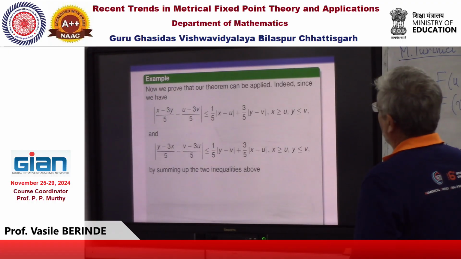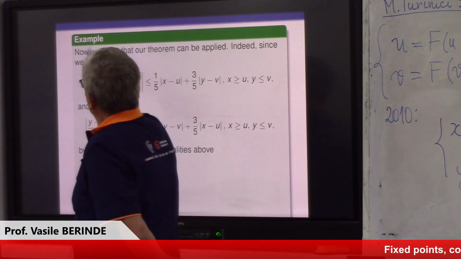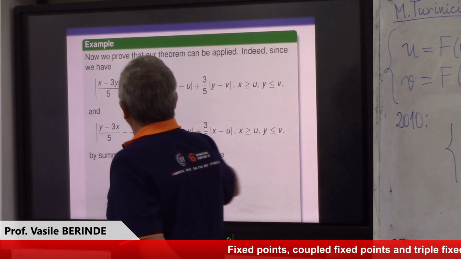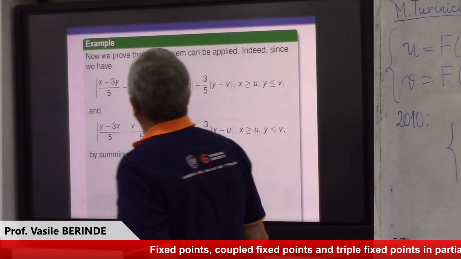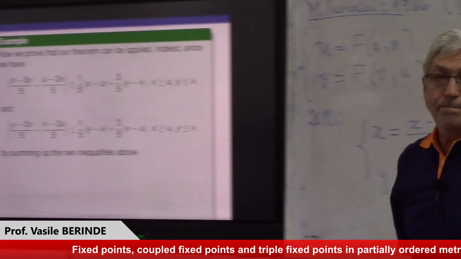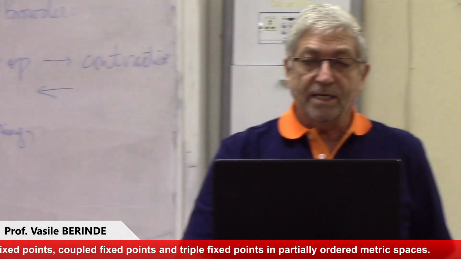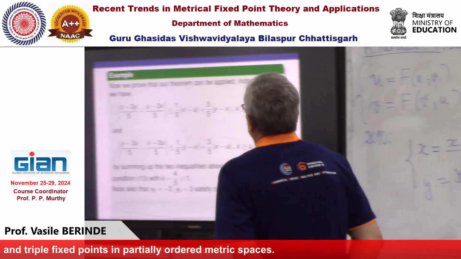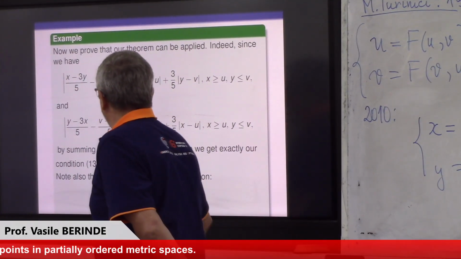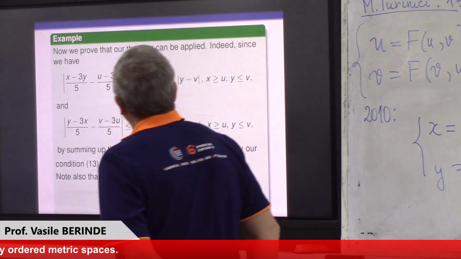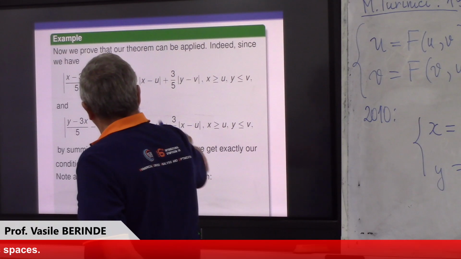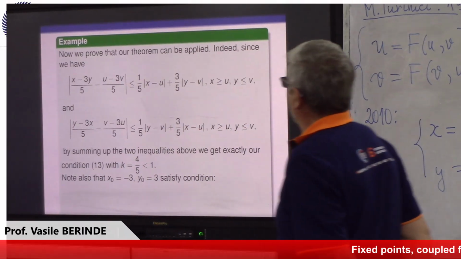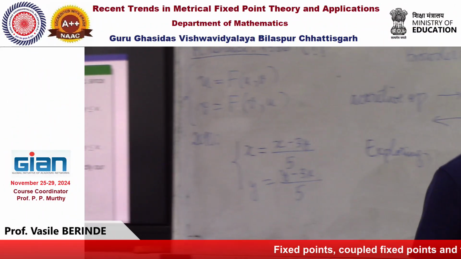And we use this. It is easy to see. We take the absolute value and obtain this. We take the absolute value of the other expressions, and by summing up the 2 inequalities, we get exactly the inequality in our theorem, condition 13, with k equal to 4/5, because we sum these coefficients and these coefficients, and so the condition is fulfilled, and we have the existence of